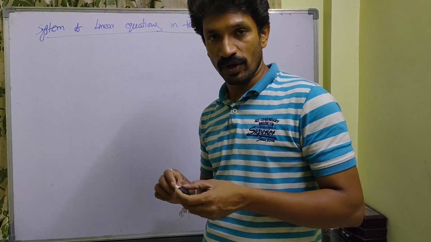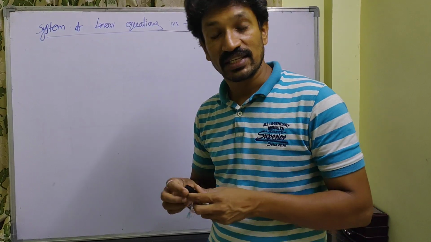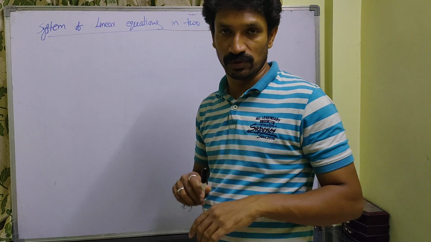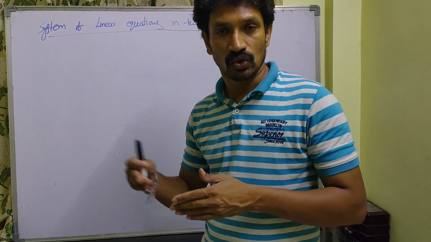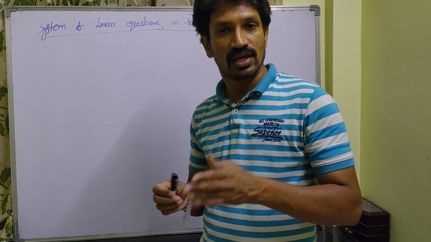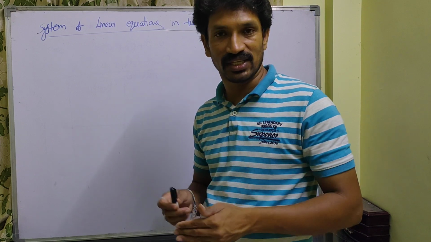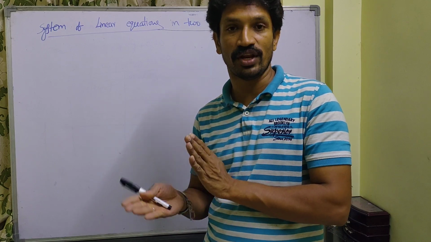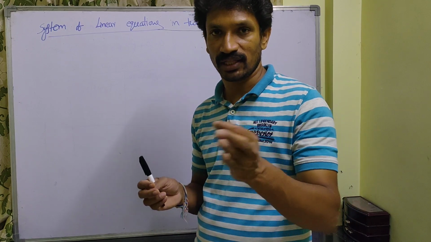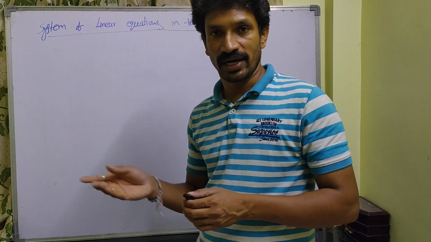Good morning, students. Today we are going to discuss systems of linear equations in two variables. Already we know about this. The general form is ax + by + c = 0. Linear equations are straight lines. Already we know about this one in two variables; in 10th class we have already learned it.